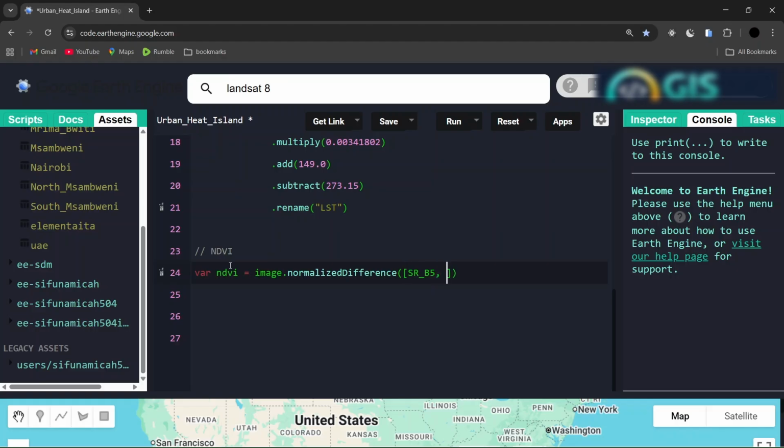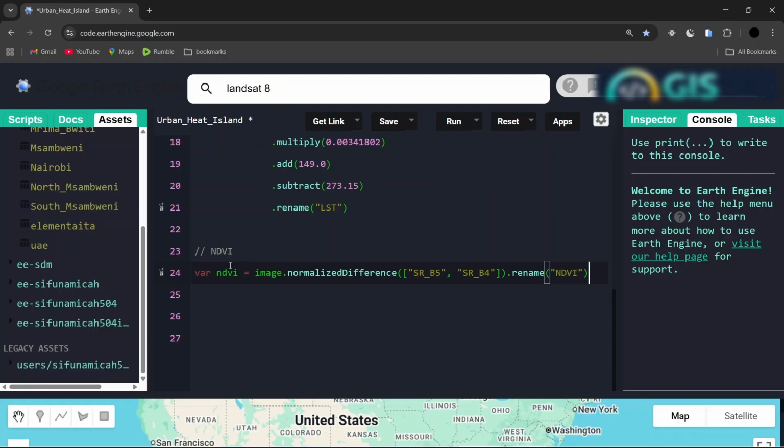So we need the near infrared and red band, supposed to be in quotes, so change to quotes here, and we also need to get SR underscore band 4. Then we shall say dot rename this to